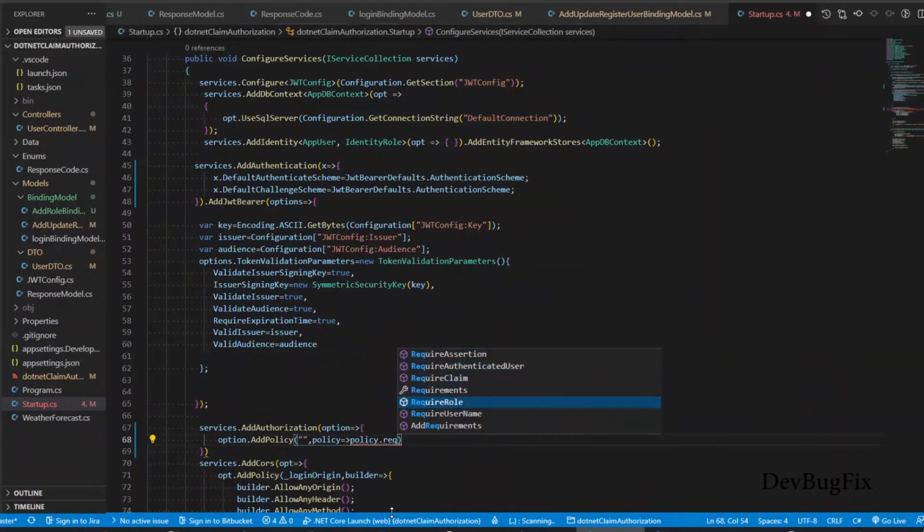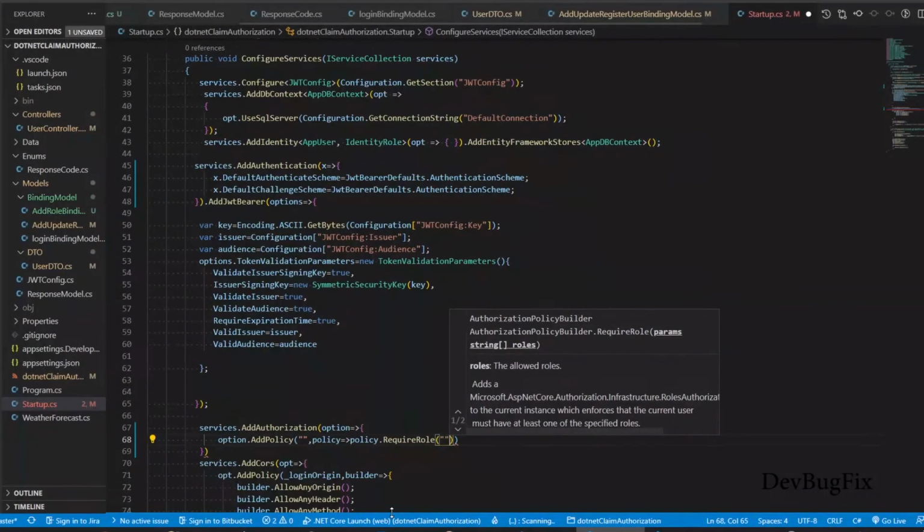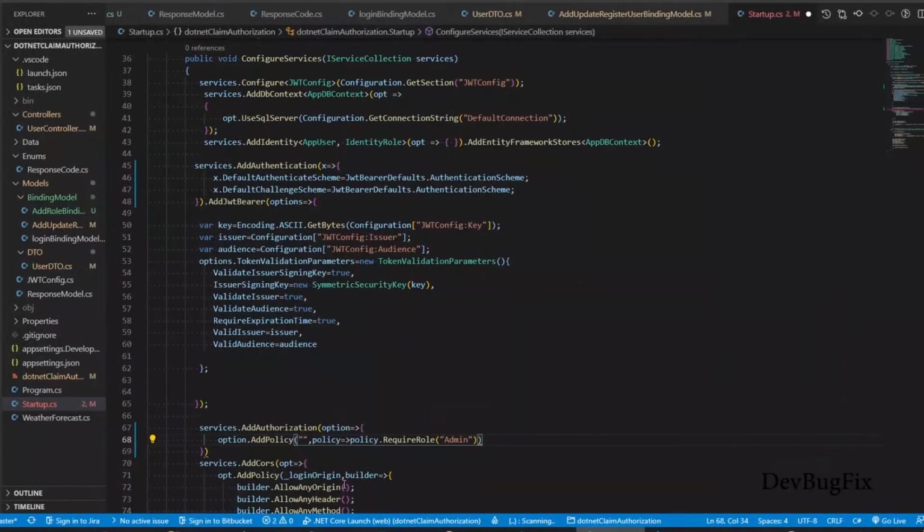Policy.RequireRole, and we pass a role as a string. Admin is a role. Policy name is admin policy, and add semicolon here. So we will copy the policy name.